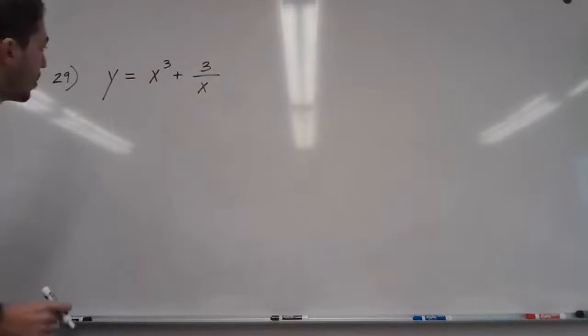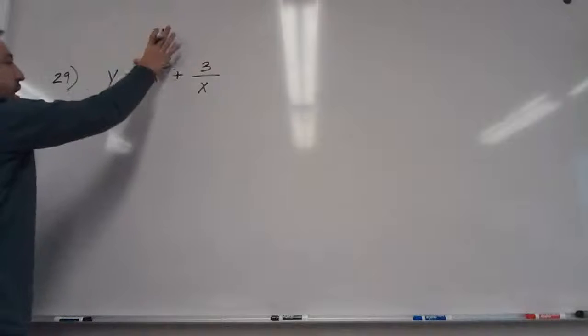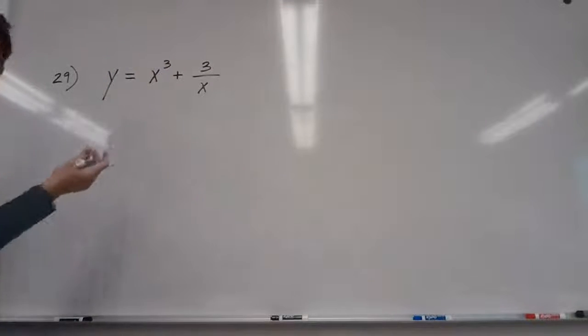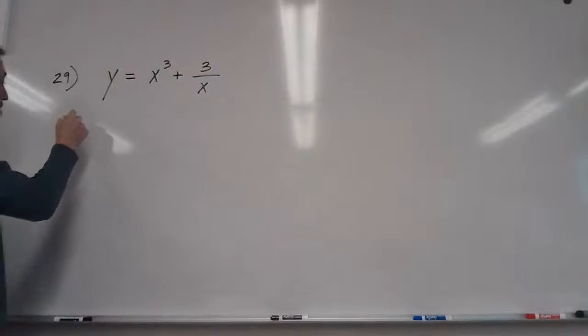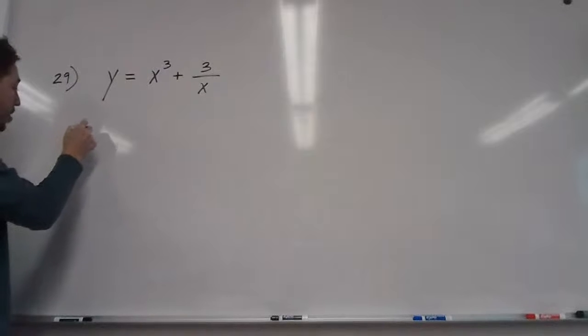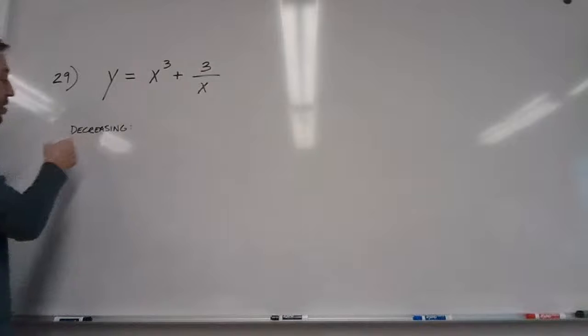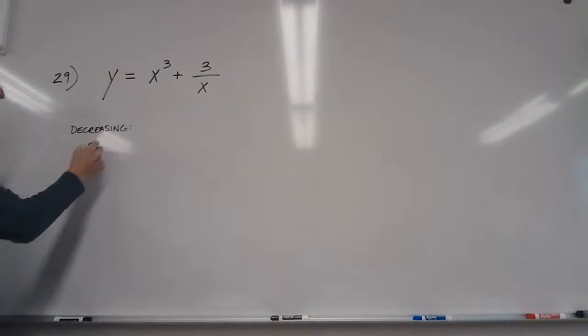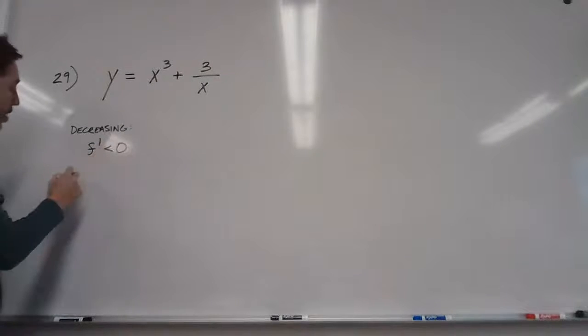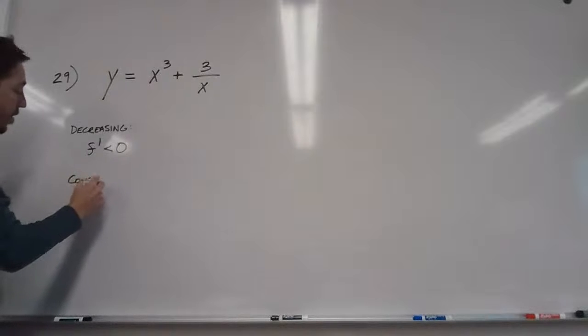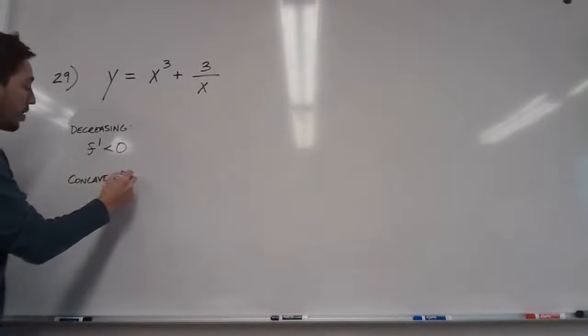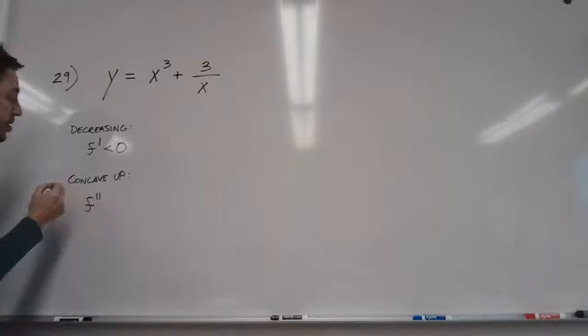You don't really have to graph it to answer that, because to be decreasing means that your derivative is negative, and concave up means that your second derivative is